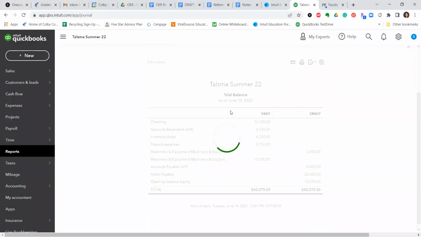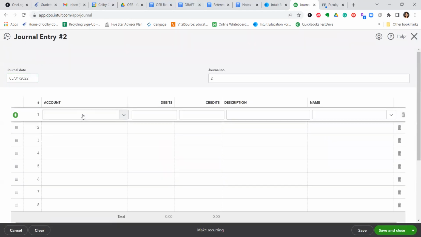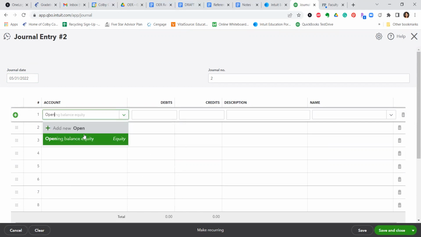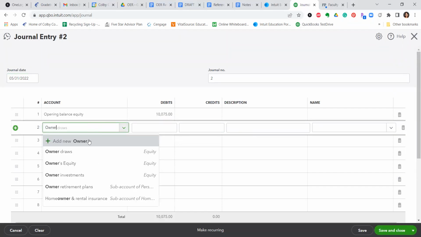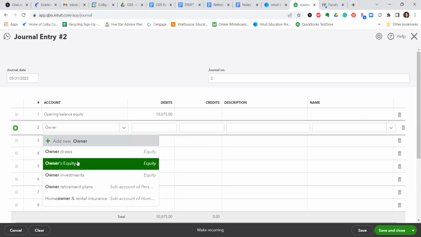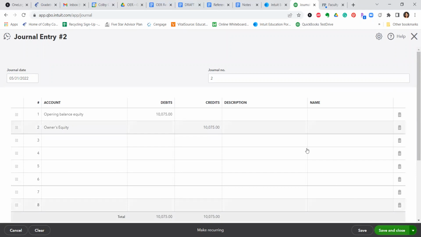In this journal entry, opening balance equity, debit $10,075. Okay, and then we are going to close that to owner's equity. All right, and so we're going to finish that off, save and close, and now we are done with the